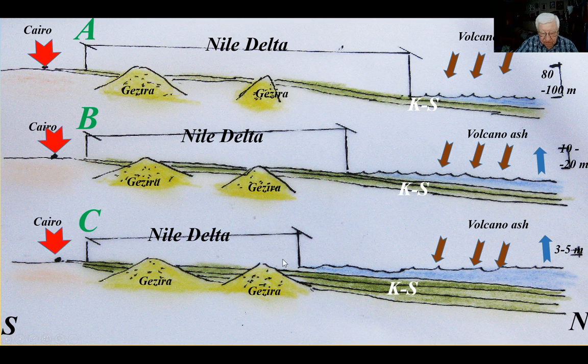And the next situation is at present time. See, it's the same as Cairo. Delta is much smaller and elevated above sea level 3 up to 5 meters. Probably in the past this elevation was much smaller, and sometimes water of Mediterranean Sea may flow into the delta, covering big area, because we know that